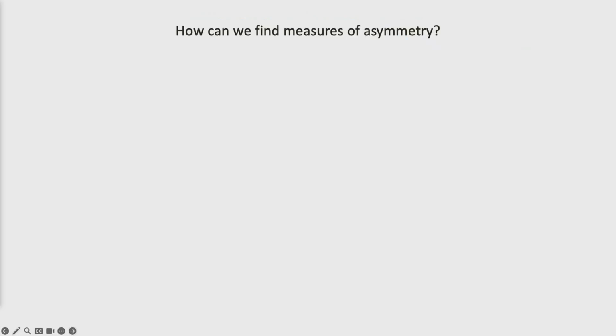And then there's this question of, how do we find them? I suppose you could have a guess, and then you could try to prove mathematically that it has the property of being non-increasing under these symmetric operations. That's a way to go. But this is where physical insight comes in, by thinking about asymmetry in a more conceptual way. I started thinking about this stuff because I was working on quantum reference frames. And reference frames are really about the fact that you need a reference frame to talk about a symmetry operation.